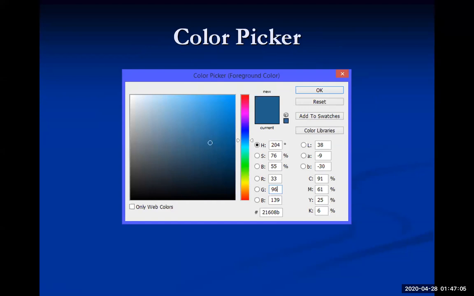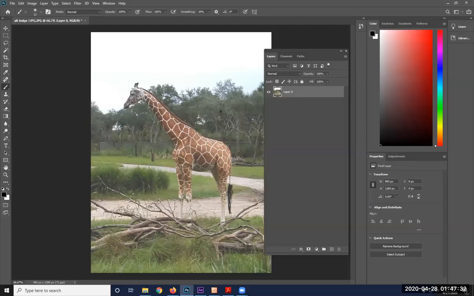Basically, when we look at the color pickers, we will notice that the colors are separated. Immediately to the right-hand side here, we have hue, saturation, brightness, then we have the color breakdowns of RGB, red, green, blue, cyan, magenta, and all the other variations of this. So this particular color that's chosen is made up of these 3 colors. So when I look at any pixel in here, if I select a pixel,